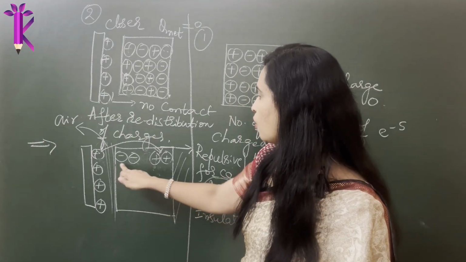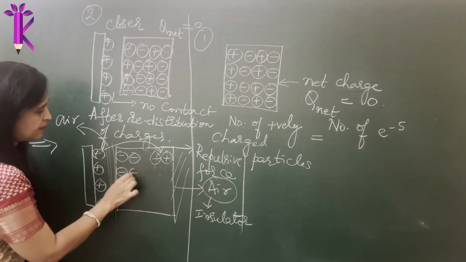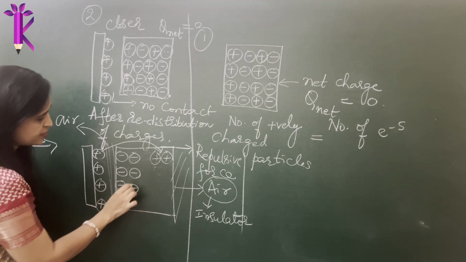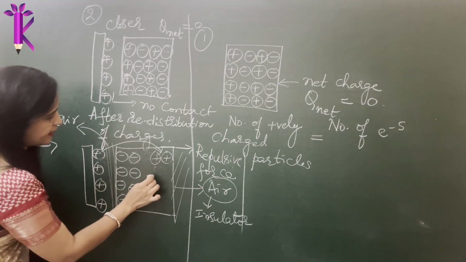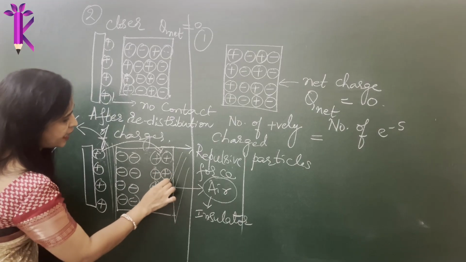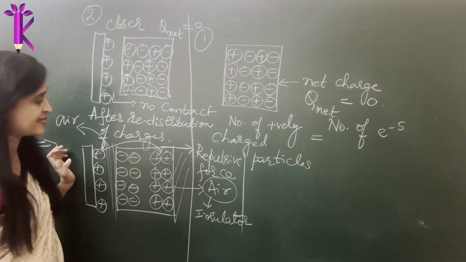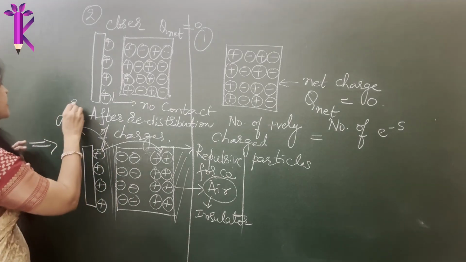Okay, so now what will happen? Similarly, another line here also, the negative charges come lined up, right? The positive charges, on the other hand, are getting repelled away, unable to go out of the conductor because there is air outside, and air doesn't allow easy passage of the electrons into it because it acts as an insulator. So this was our step 3.